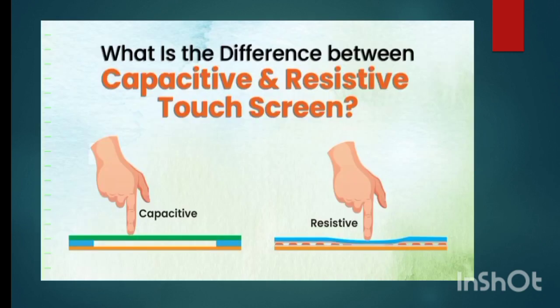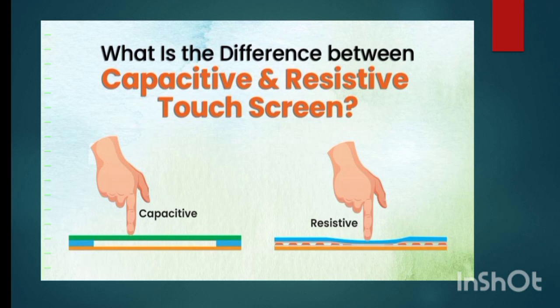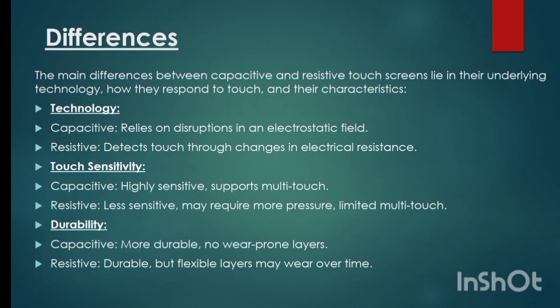What is the difference between capacitive and resistive type touch screens? The main difference between capacitive and resistive type touch screens is in their working principle. Capacitive type touch screens work on the principle of capacitance, and resistive type touch screens work on pressure. Differences between both screen types. Number one is the difference in technology. Capacitive type relies on disruptions in an electrostatic field, and resistive type detects touch through changes in electrical resistance